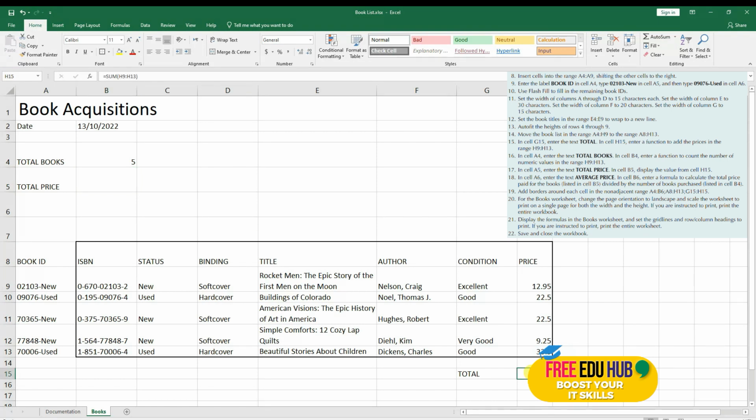So that is H15. If we want to show that price over here, we'll put an equal sign and we'll select H15 and press enter. So now this amount is appearing over here. Now it's asking to enter average price in cell A6. So we'll go to cell A6 and we'll type in average price,